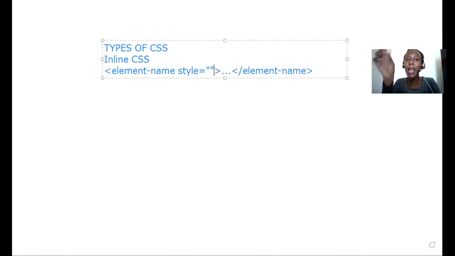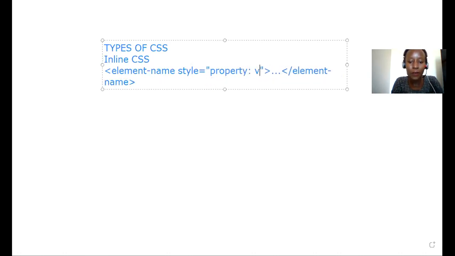You put the style attribute and 2 quotation marks, okay? Now, what are you saying when you do that? You are now entering the CSS zone, okay? So that is what we call inline CSS. When you enter the CSS zone, this is where the magic happens. Another syntax that I'm going to mention is you put here property, colon, value,